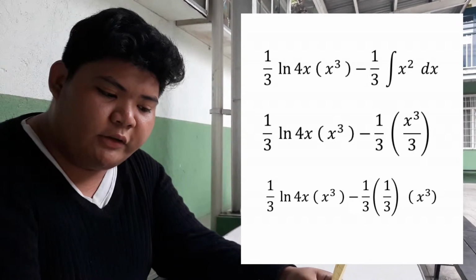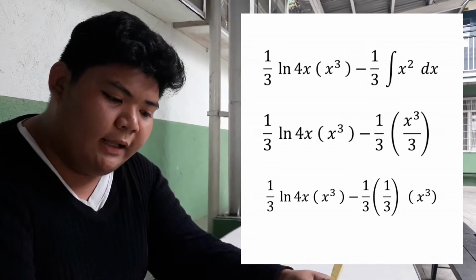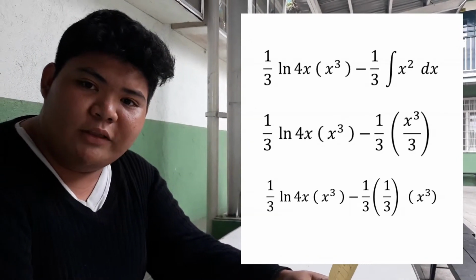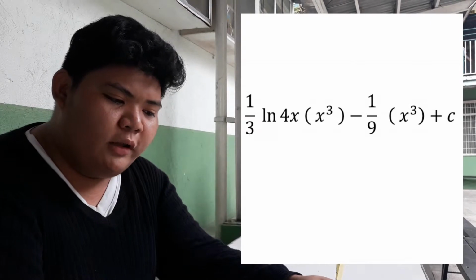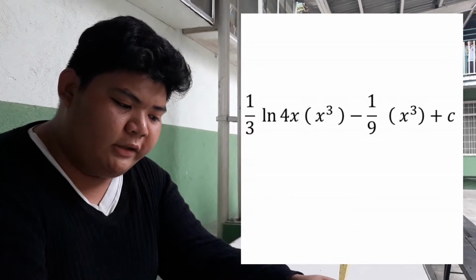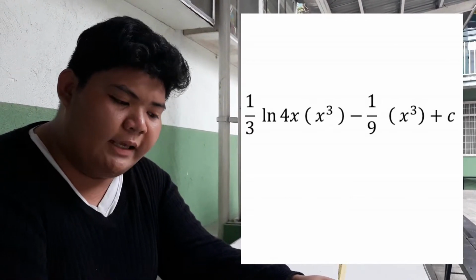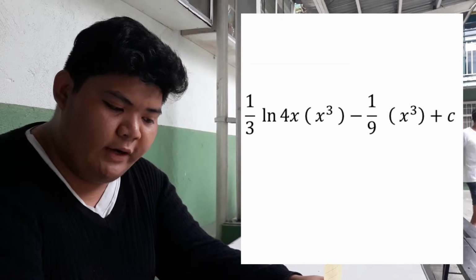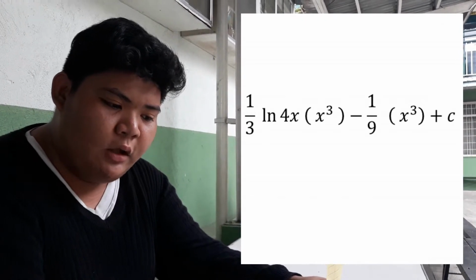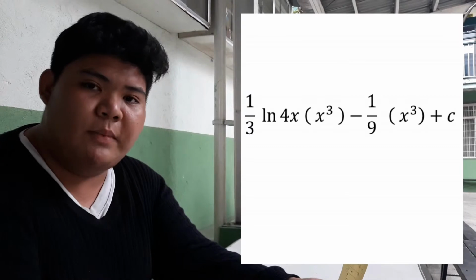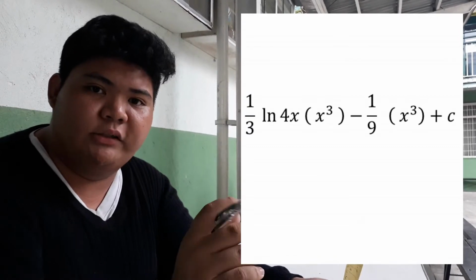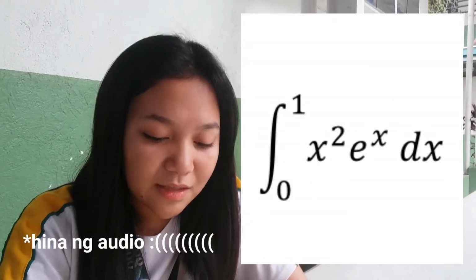And after that, we factored out again 1/3. And after that, we applied multiplication of 1/3 times 1/3. The result is negative 1 over 9. And overall, the result is 1 over 3 ln 4x times x cubed minus 1 over 9 times x cubed plus c. Always remember to put c on the final equation. That's all, thank you. The last example would be the integral of x squared e raised to x dx from 0